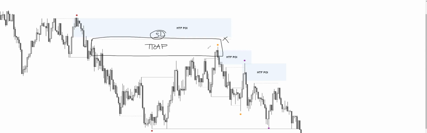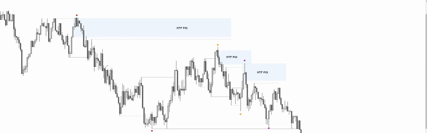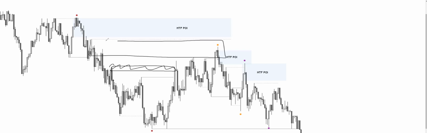Because if you say, oh, I will take this trade because that's no internal liquidity, you should also enter, let's say, for example, right here onto, let's say, this unmitigated wick. Why you don't want to enter right here? Because it didn't play out. But that's the same thing, that's internal liquidity. Why wouldn't you enter here? It makes no sense. It's just for your mind that you see these two areas in a completely different perspective, but they all look the same. They're both traps. They're both internal liquidity, right?